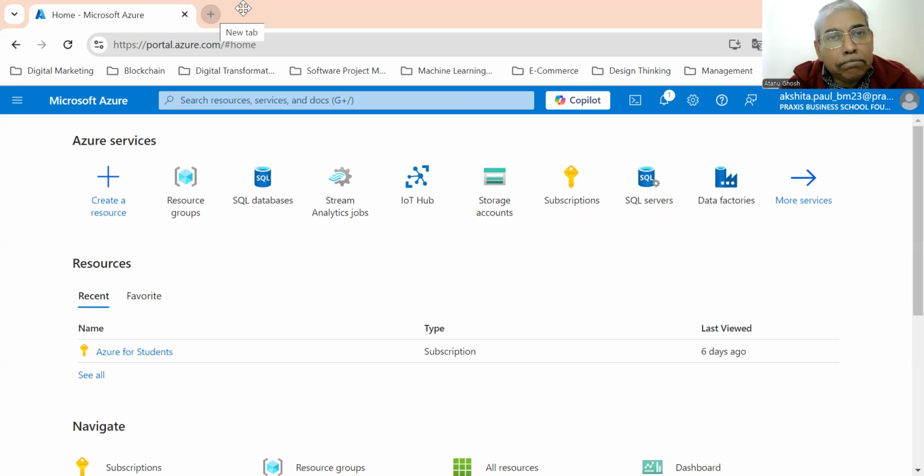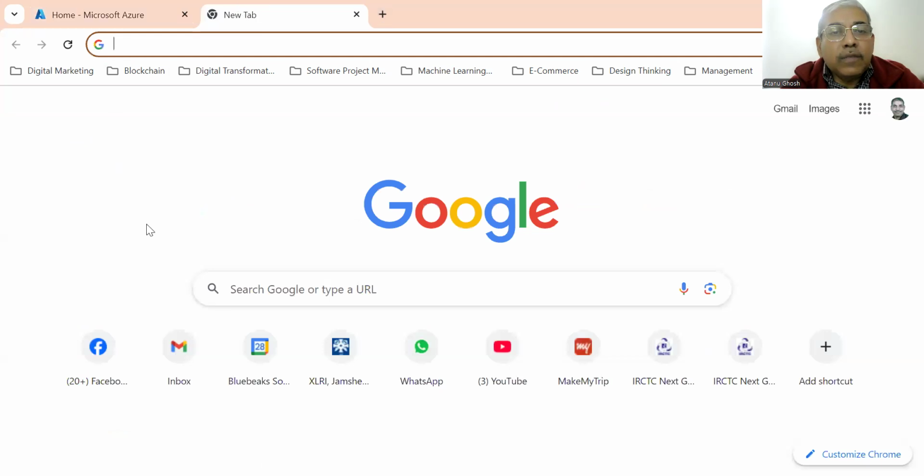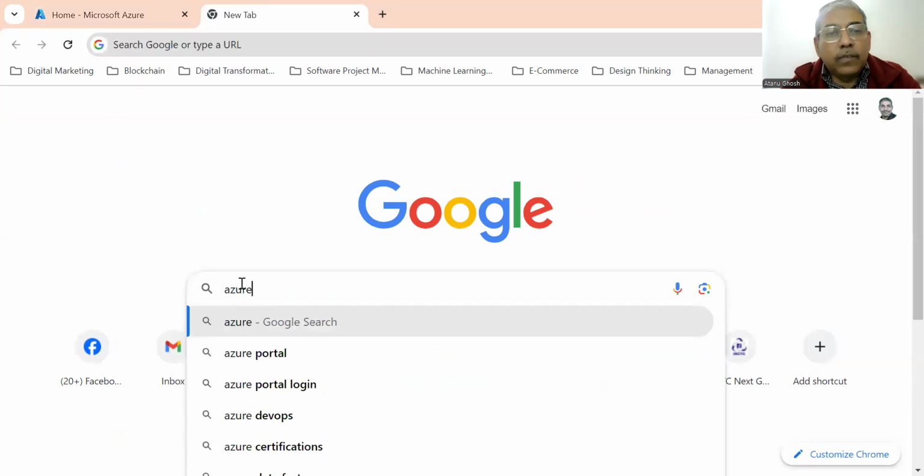with an academic institution. So usually Microsoft acknowledges some of the domain names as academic domain names, like in India we have .ac.in or .edu.in. So these are considered to be academic domains. And if you have a Microsoft ID in this academic domain, then you can avail of $100 credit without providing any credit card. You just have to search for Azure for Students,